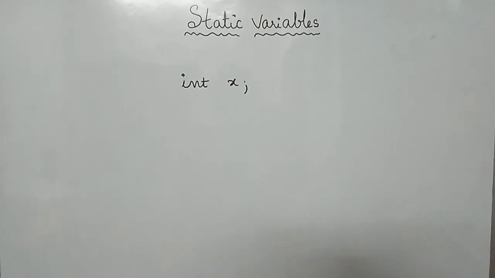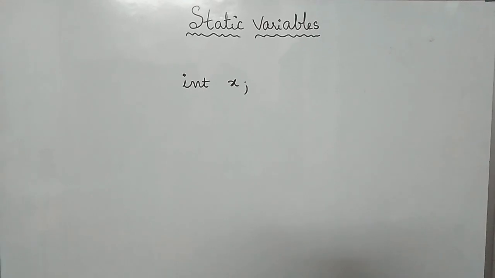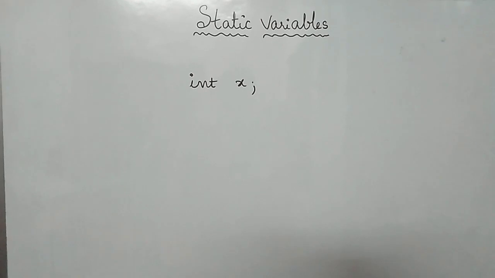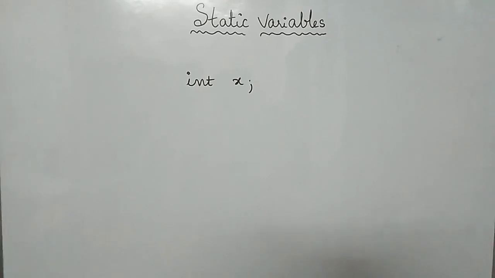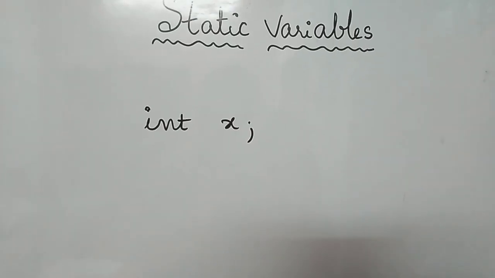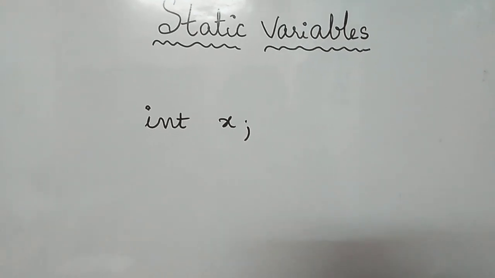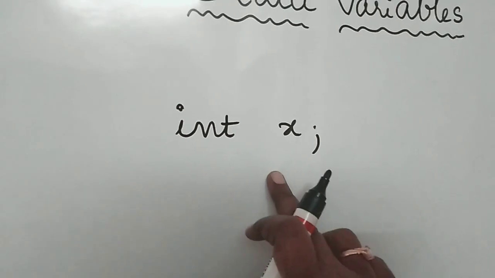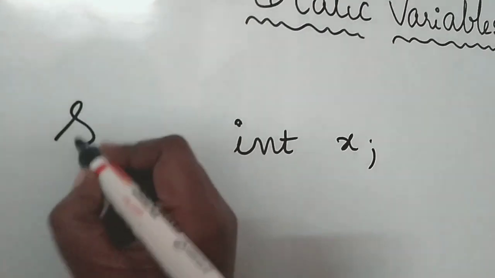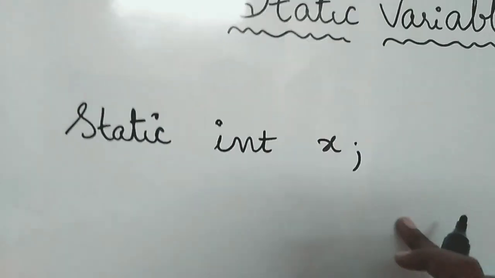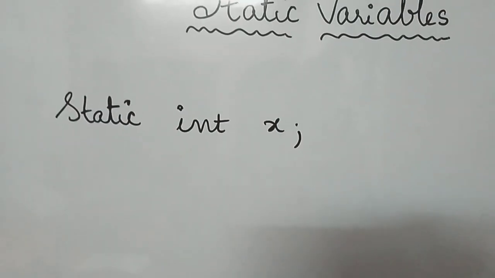But sometimes you want to define a class member that is used independently of any object of that class. You just want to access the members of a class directly without an object. To create such a member, just precede its declaration with the static keyword. So this is an instance variable. If I just precede its declaration with the static keyword, now this has become the static variable.